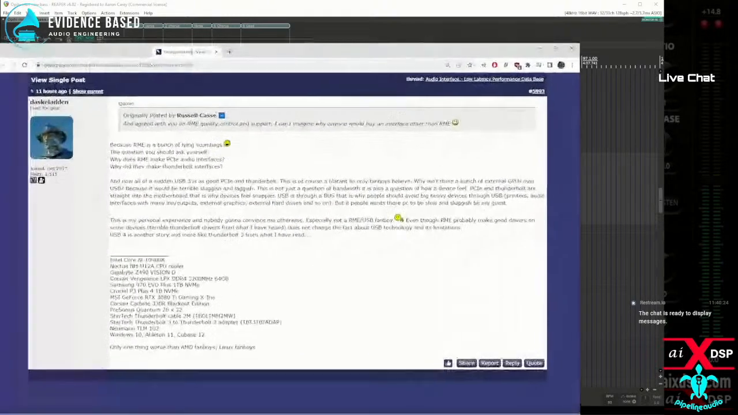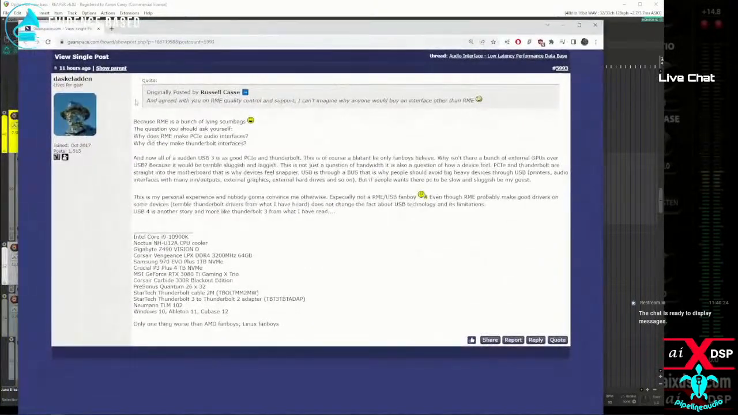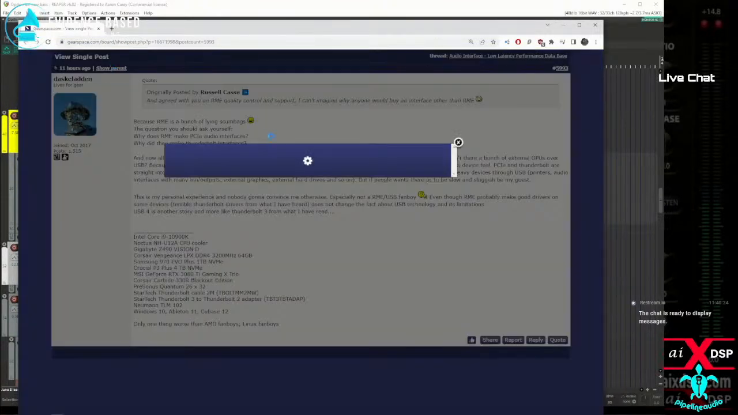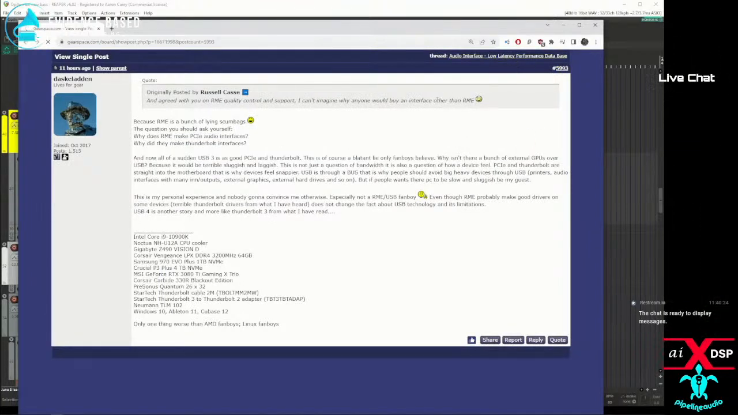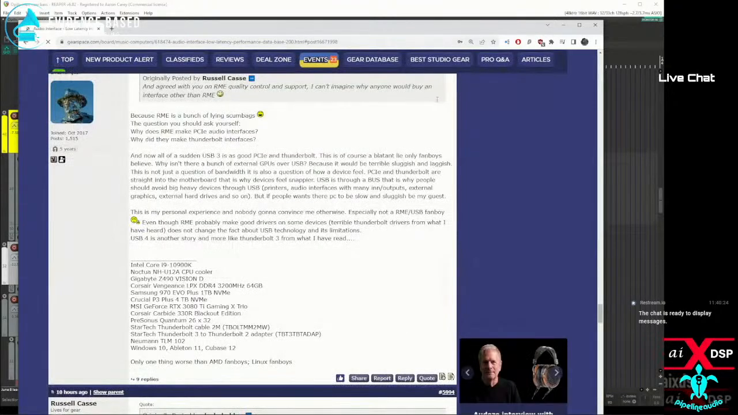Anyway, so today I'm working mostly on some bass editing, but there was a thread over at Safe Space here. Let me see if I can get what this is. Okay, so this is a thread, audio interface, low latency performance database. This is what DawBench,